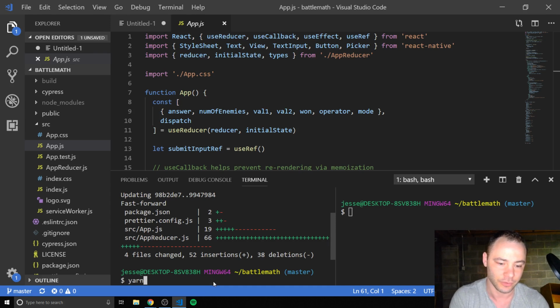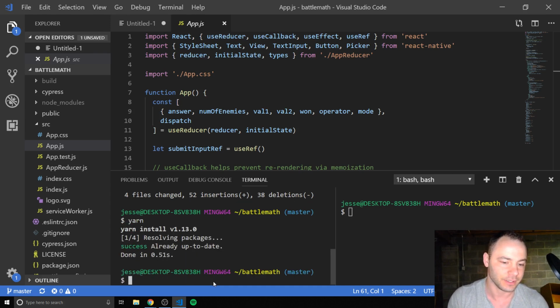We're also going to do yarn. This is a good practice anytime you're working on a project: the first thing you should do, as soon as you start working on it in the morning, is a git pull, and then run yarn or npm install. That way you have the latest changes and the packages, right? I've forgotten this before,